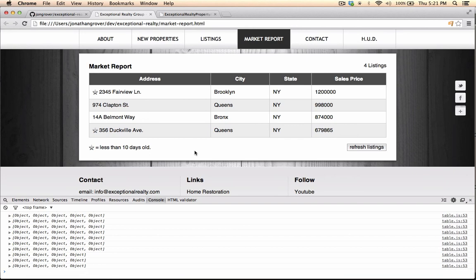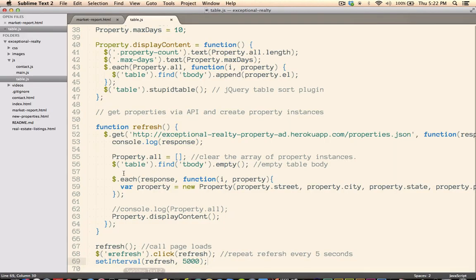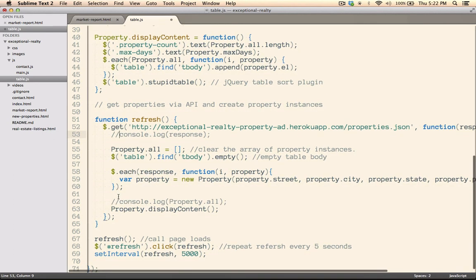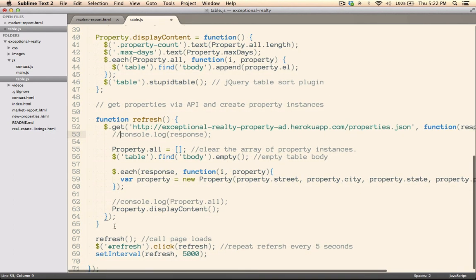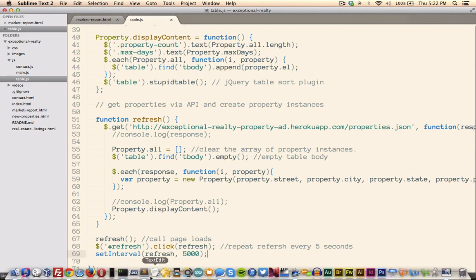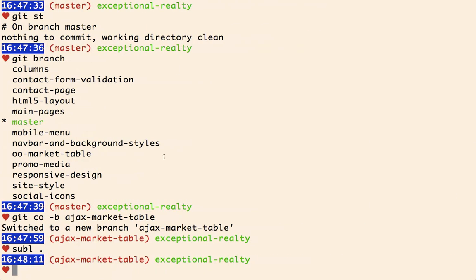Okay, so you can see AJAX gives us a lot of flexibility, and the browser page itself didn't have to reload. It's just behind the scenes making AJAX requests, and we're using that JSON information to create new JavaScript objects and update the DOM. I'm going to go back into my script, and I think I'll remove some of these console logs here. All right, and we'll go ahead and save this page, and I'm going to go back to terminal now,